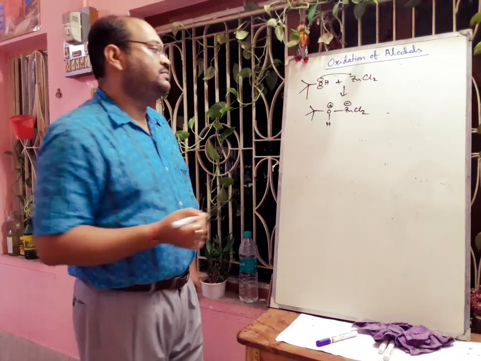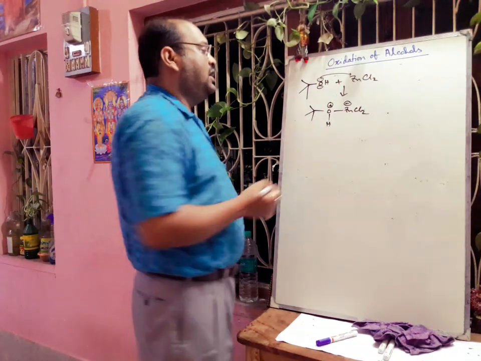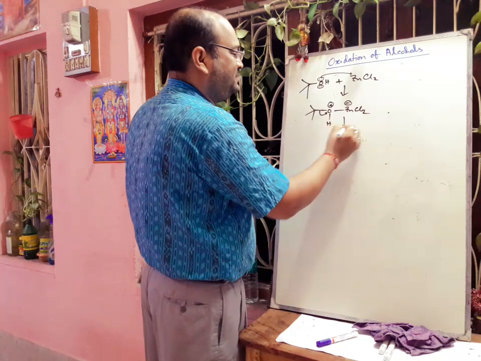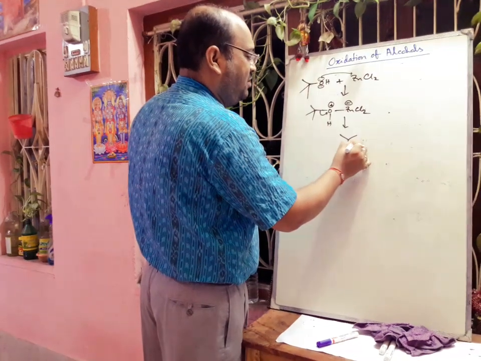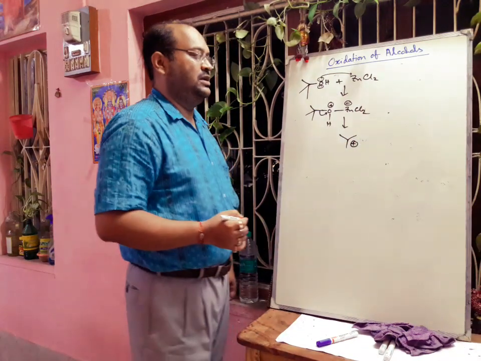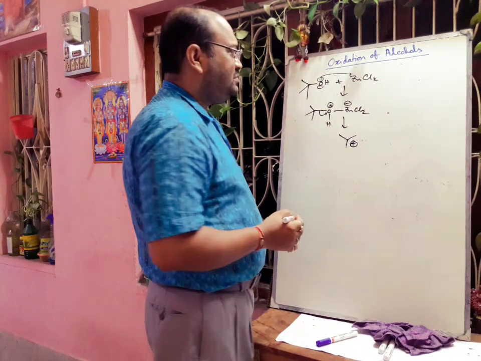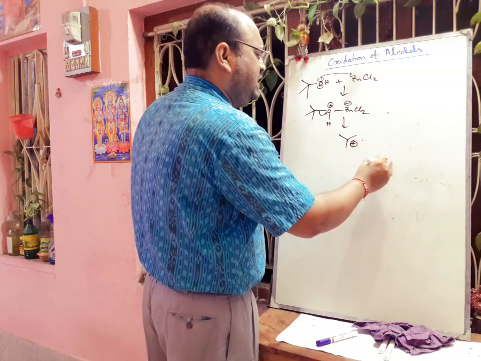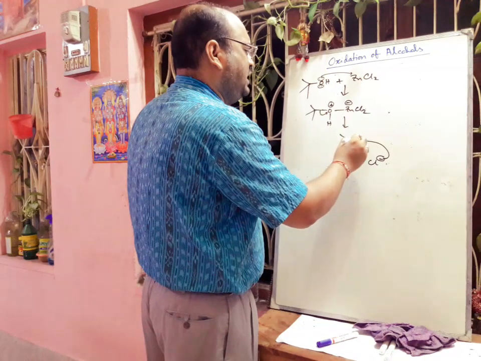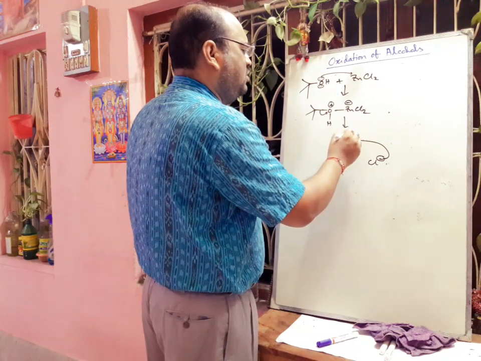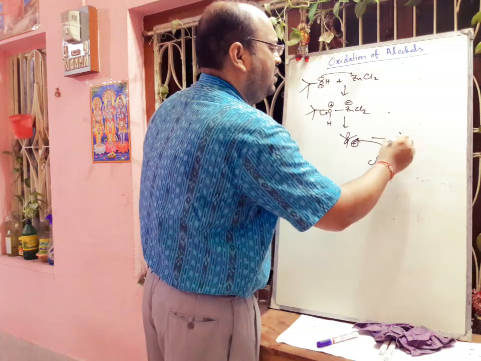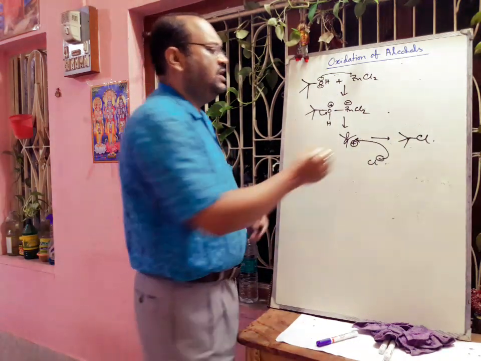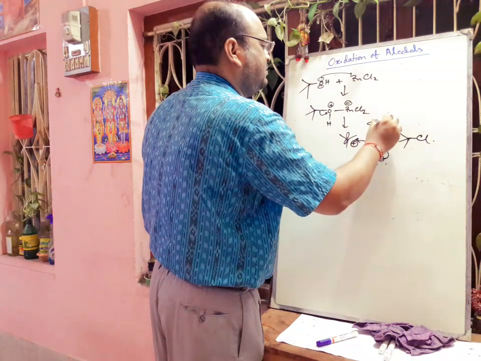Now what will happen? We know that tertiary carbon is very much stable, so this will break and there will be formation of more stable tertiary carbon. Now as we are using HCl, in the medium there is Cl minus, so Cl minus will attack both sides of this lobe and we get the corresponding tertiary butyl chloride. So this is one SN1 type reaction.